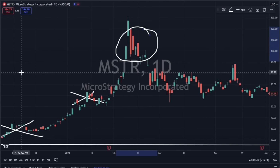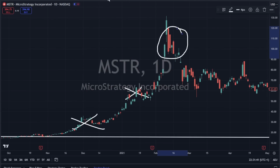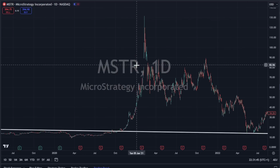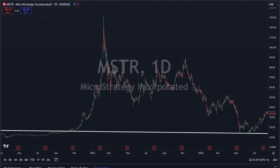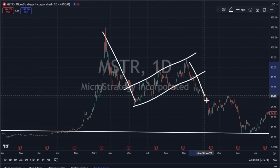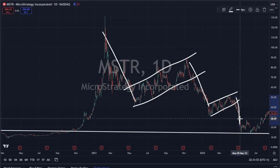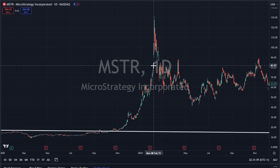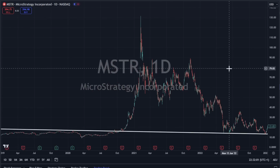That's distribution. So that is what you want to look for in these patterns. And then what generally happens is you get an upward facing flag pattern and then another upward facing flag pattern, and it comes back down. So that is the move there. And what we're doing,